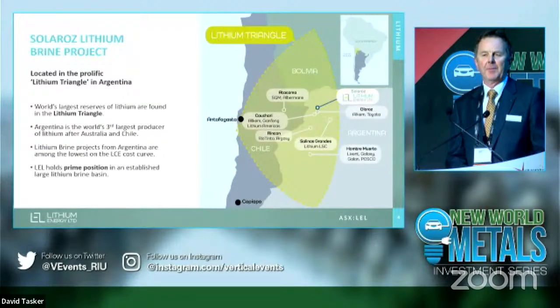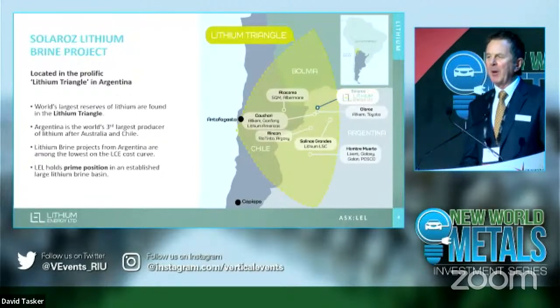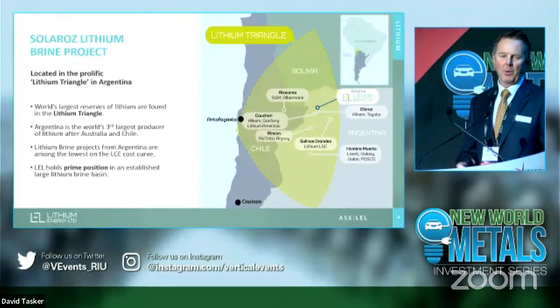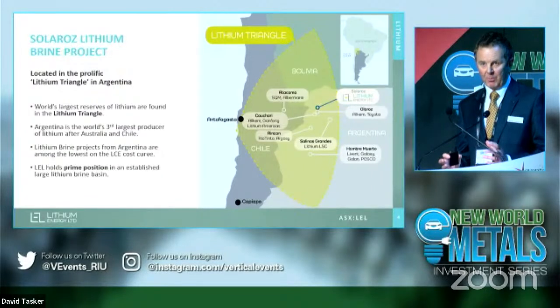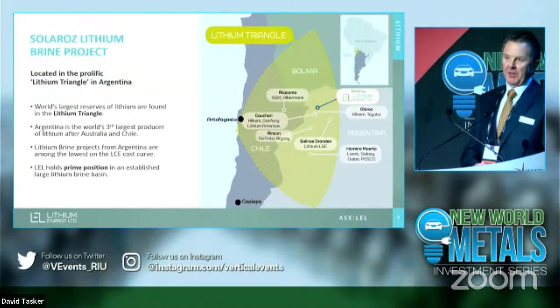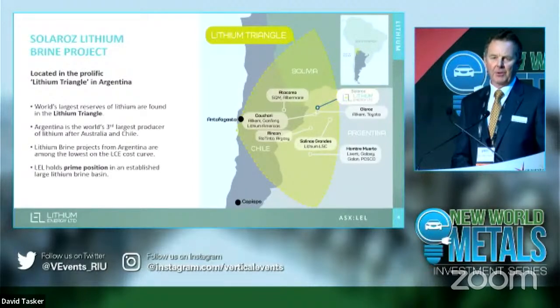If you're looking for a long life, high margin lithium project, there's no better place in the world to look than South America's Lithium Triangle, where most of the world's reserves of lithium are currently found. Within that triangle, there's no better country, we believe, than Argentina. Bolivia has a great deal of sovereign risk. Chile is starting to look at nationalizing some of their lithium projects and putting obstacles in the way of investment